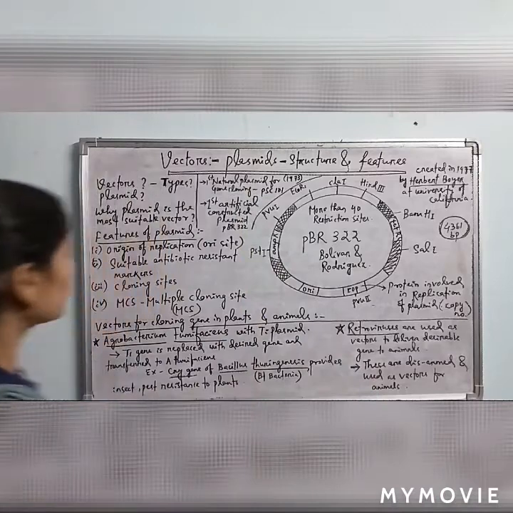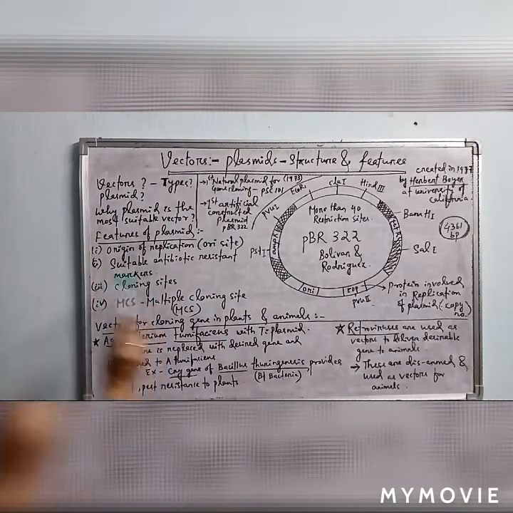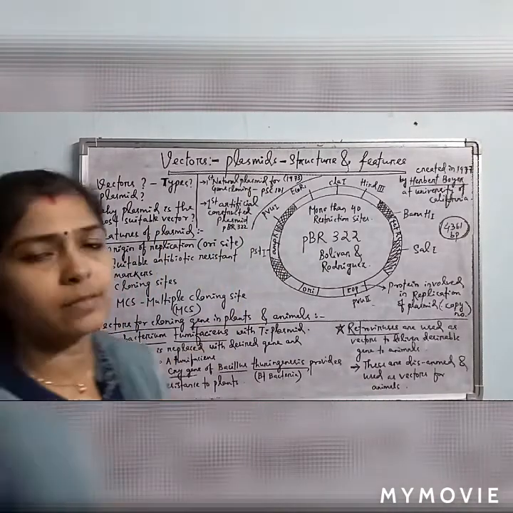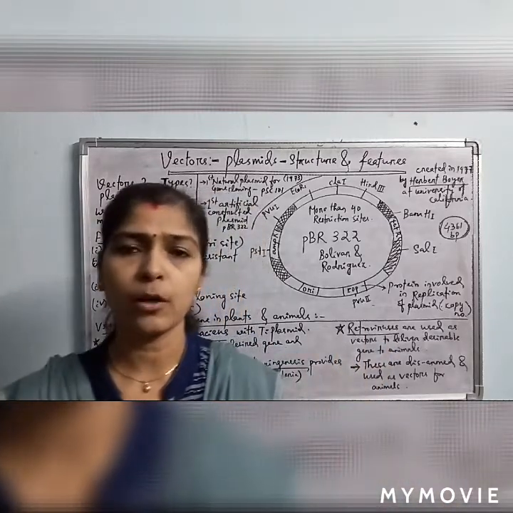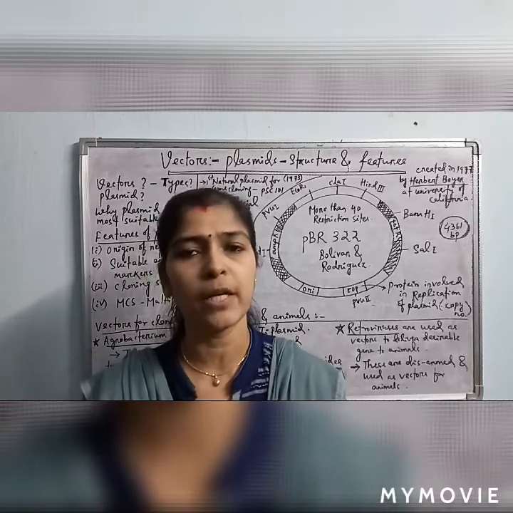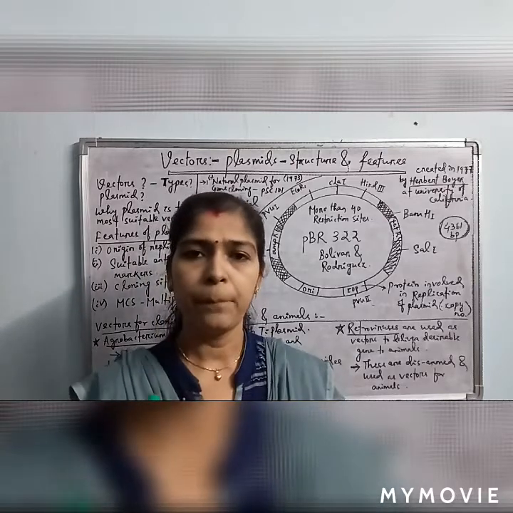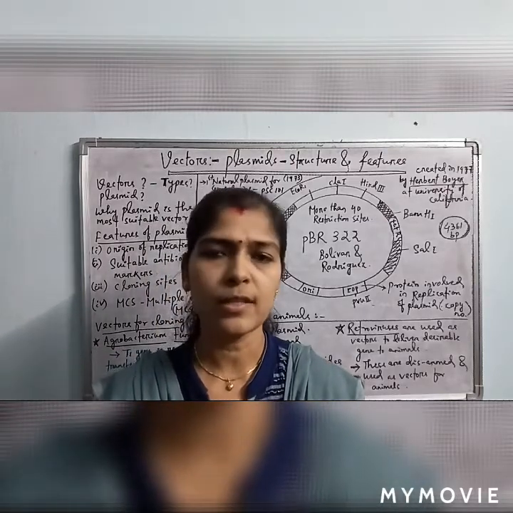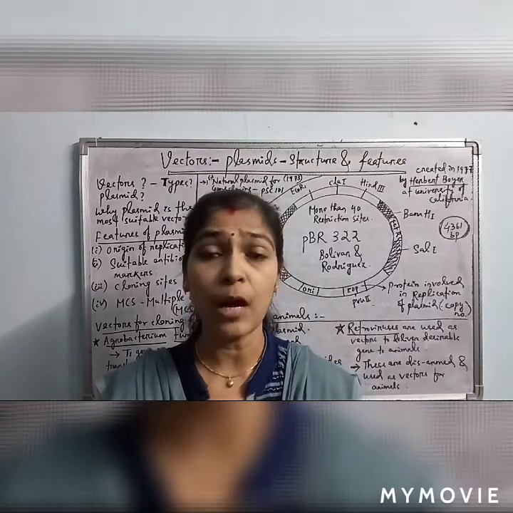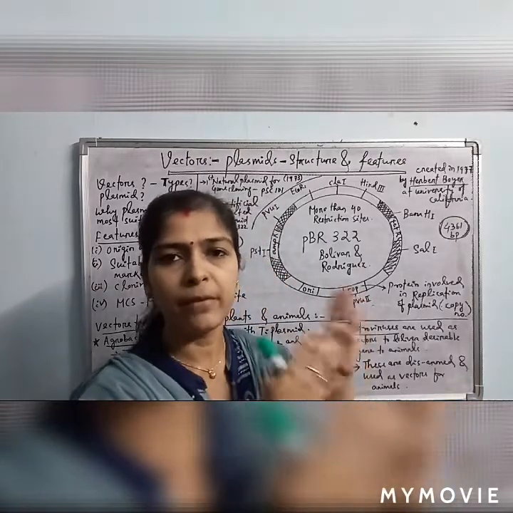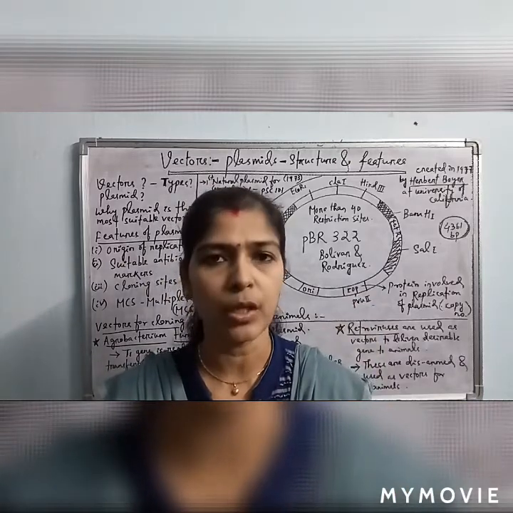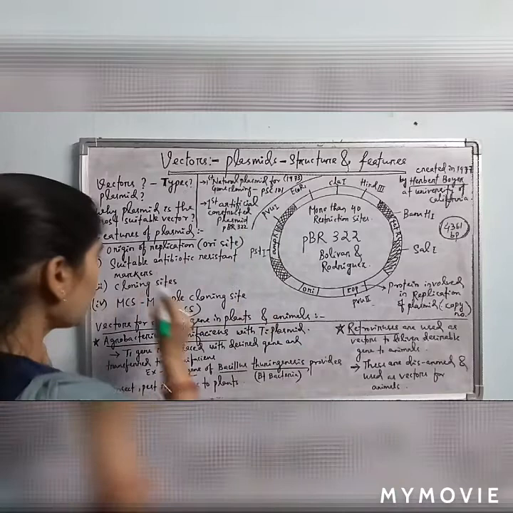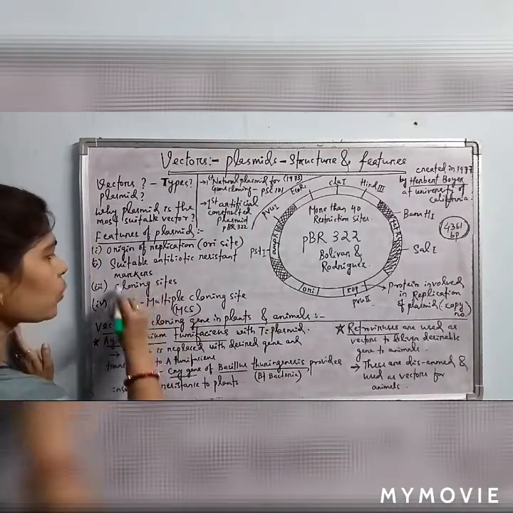Okay. Then third one, cloning sites. Different types of plasmids are available, and mostly used plasmids are the pUC groups, that means plasmids made in the University of California. pUC18, pUC19, these are also used in the gene cloning procedure. But nowadays this constructed plasmid pBR322 is very suitable and very user friendly to be used in the gene cloning procedure. So, the third one, what is the cloning site?